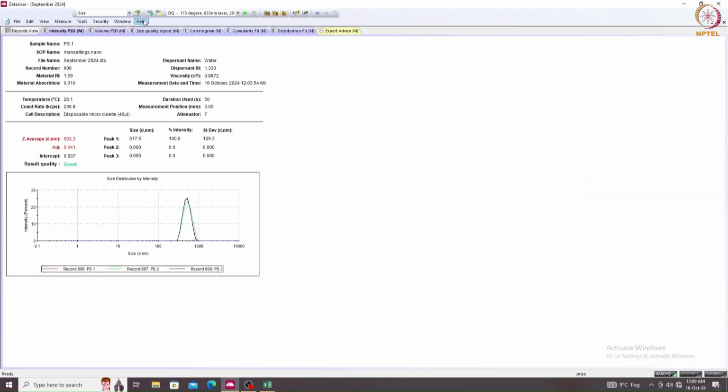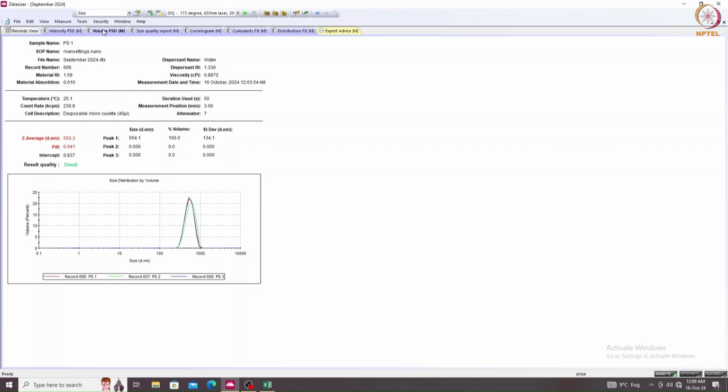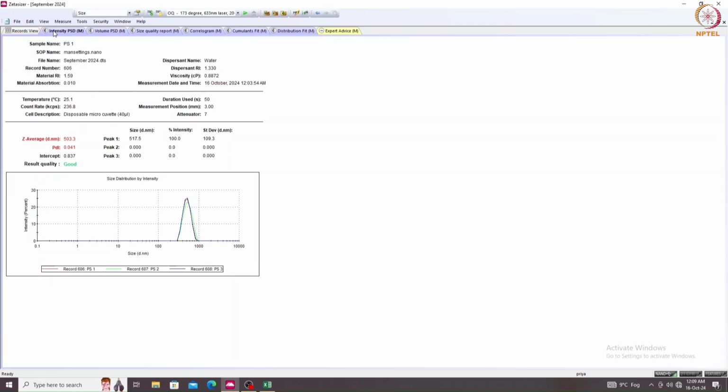Further, if you want particle size distribution with respect to volume, you can save here in a similar way, copy size graph and copy size values, and also the report as well. After exporting the data and graphs, you can use Excel or other software to create customized plots, perform statistical analysis, or combine the measurement results with other data sets. This concludes the size measurement of particles using the DLS system.